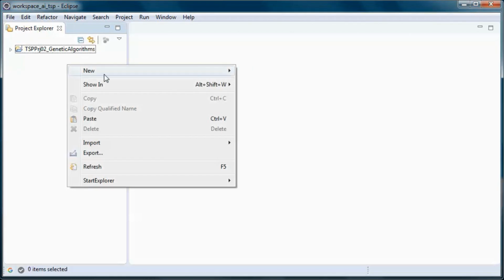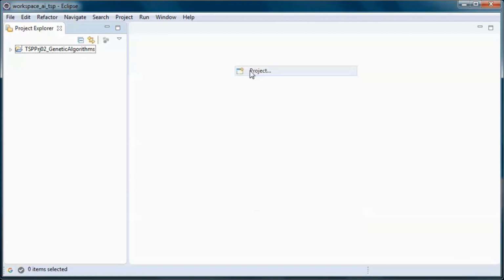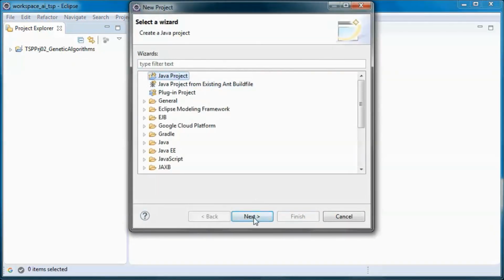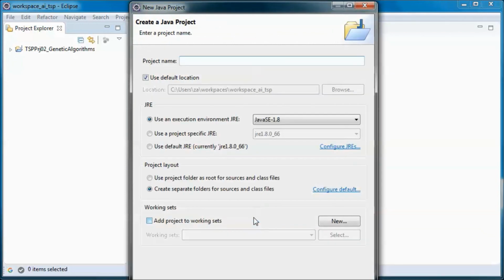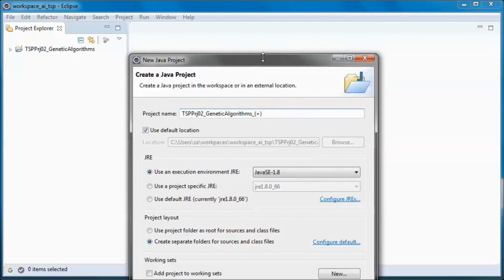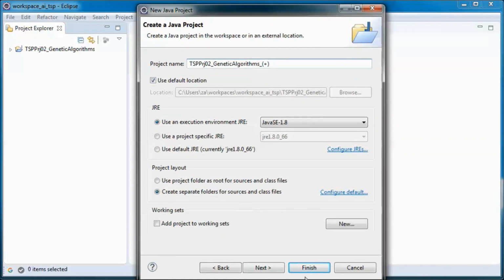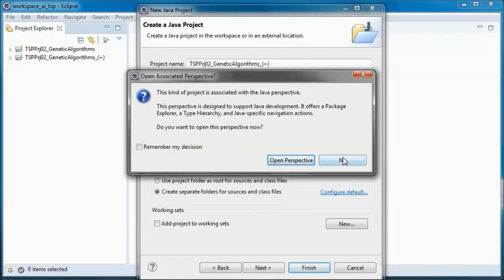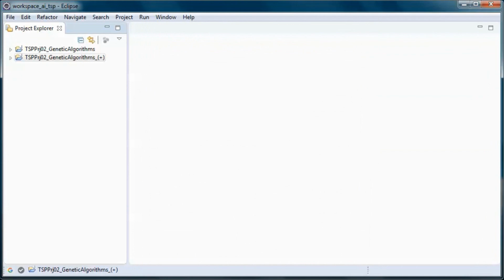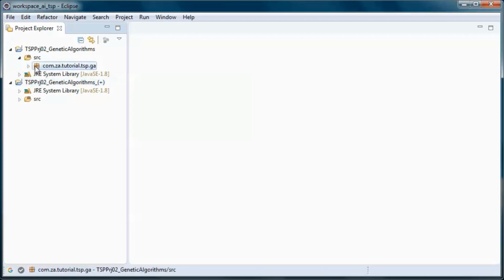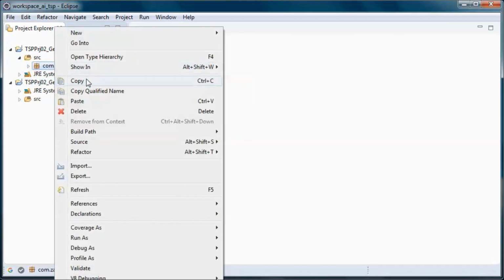Next, let's go ahead and create a new project. And we will copy the code here.